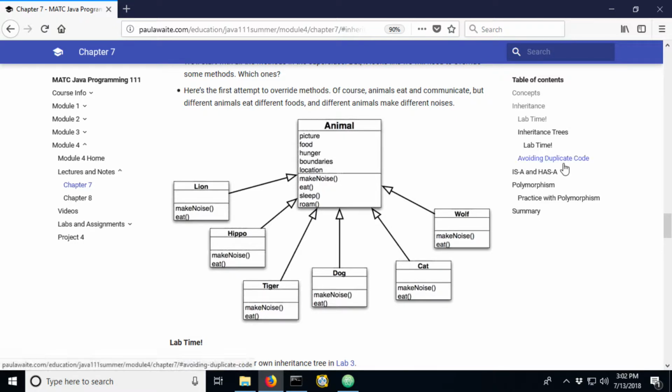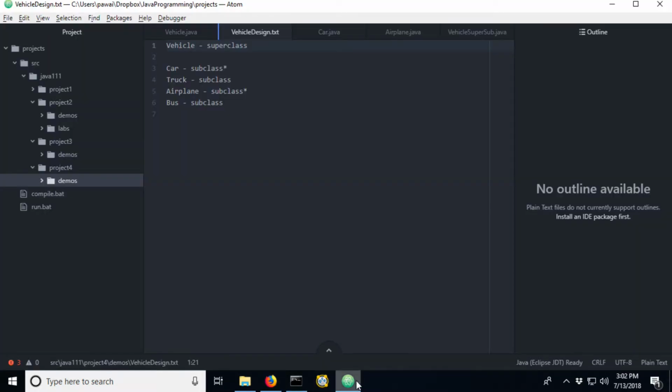And if we head back over to our example with our vehicle being the superclass, here we had a car that was a subclass, and then we overrode the start method, right? So that one was overridden. And same thing with the airplane. And then we can also think about what additional instance variables we might have.